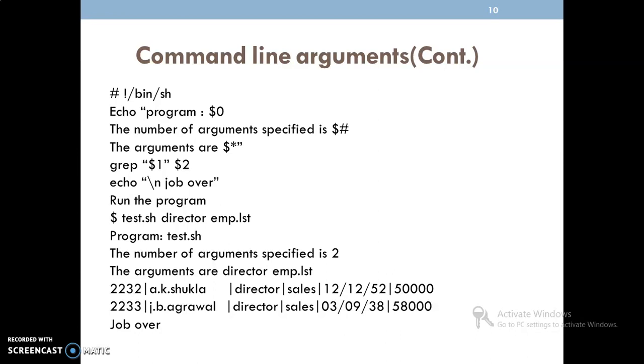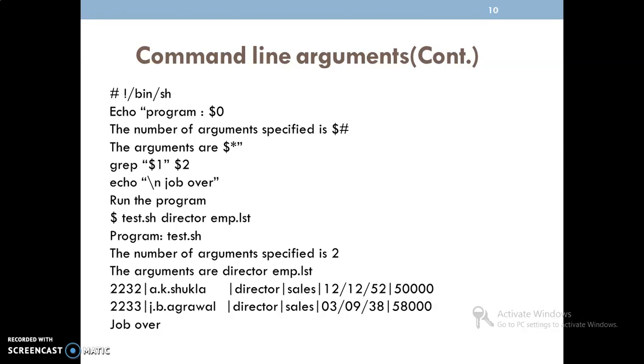Here director is a pattern I want to search for in the employee.lst file. Now, what is the program name? Test.sh. The first statement, we can find it here. What is the command to be executed, nothing but what is the program to be executed.